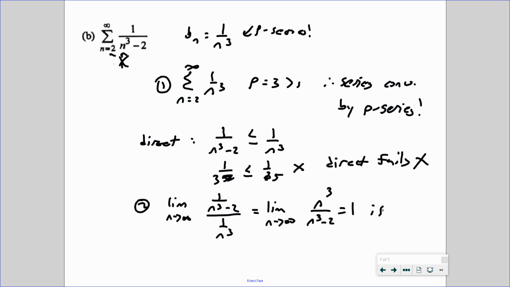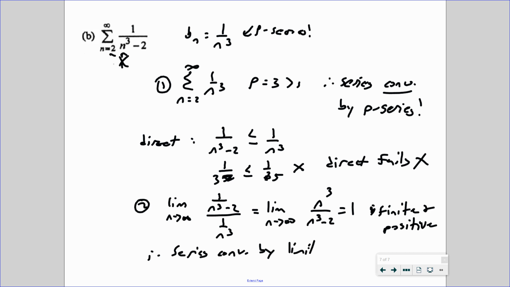This is finite and positive. So therefore, because my comparison converged, and this is finite and positive, the original series converges by